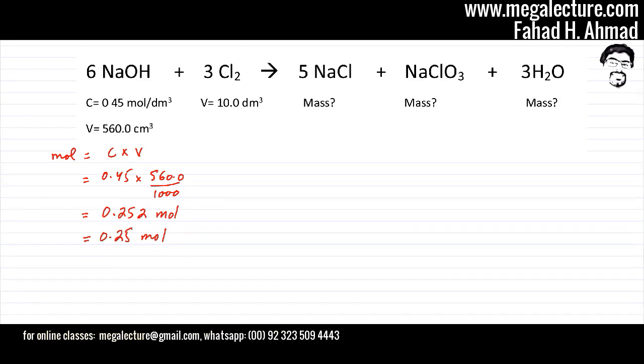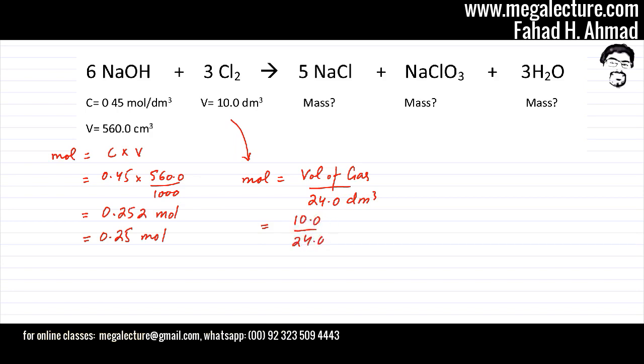moles. We can then try and find the moles of chlorine gas using the formula for moles of gases: you divide the volume of gas in the reaction by the molar volume, which is given up to three significant figure accuracy, 24 decimeter cube. So it's 10 decimeter cube divided by 24 decimeter cube, and my moles come out to be 0.4166 and the trailing sixes. Again both my values are accurate up to three significant figures, so my answer should be accurate up to three significant figures as well, so it's going to be